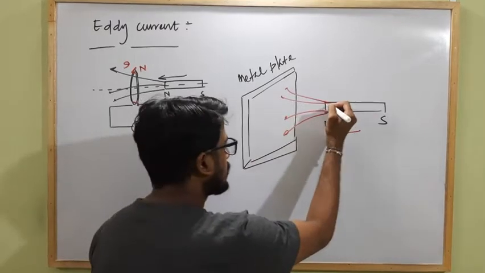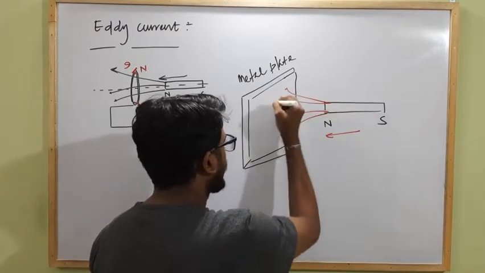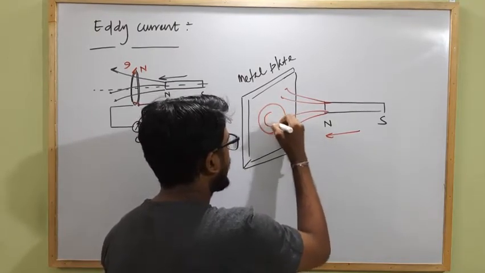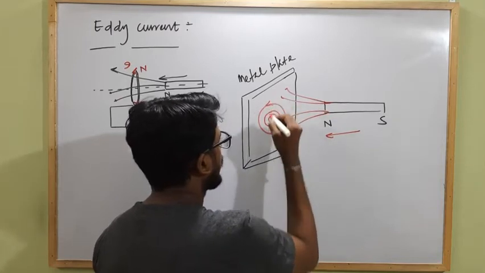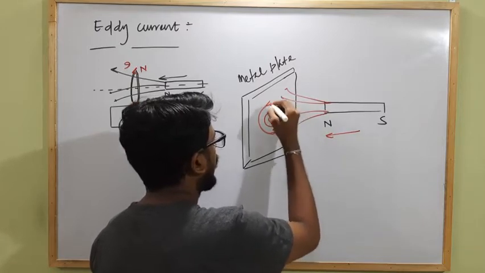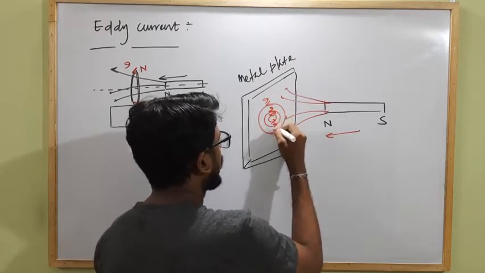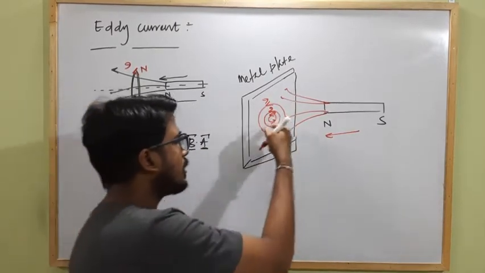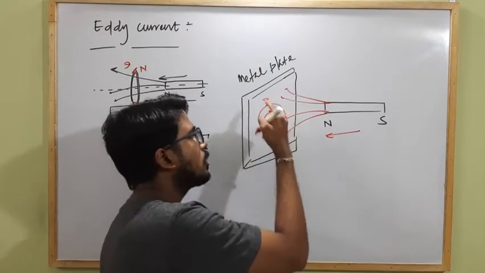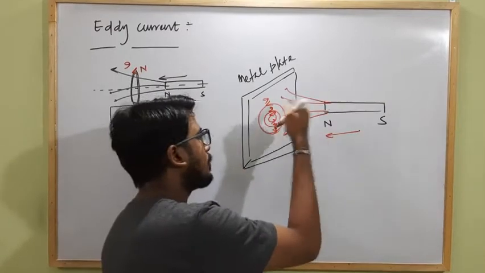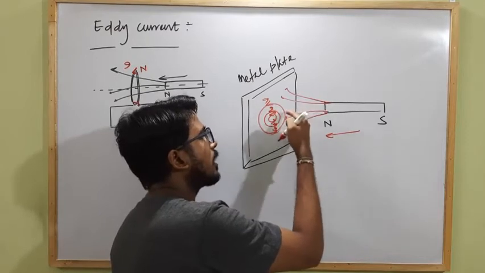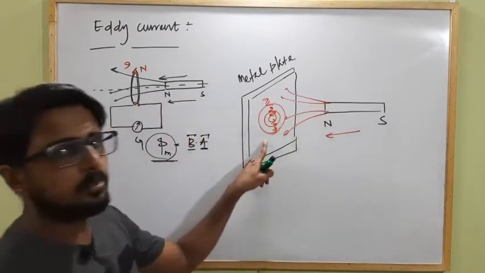As this north pole moves along this direction, all the free electrons residing in this metal surface start to revolve in a circular path like this, in different concentric rings, in such a way that they produce a magnetic field. They produce an electric current, and that electric current causes a magnetic field, which tries to oppose the cause of change in flux linked with this metallic